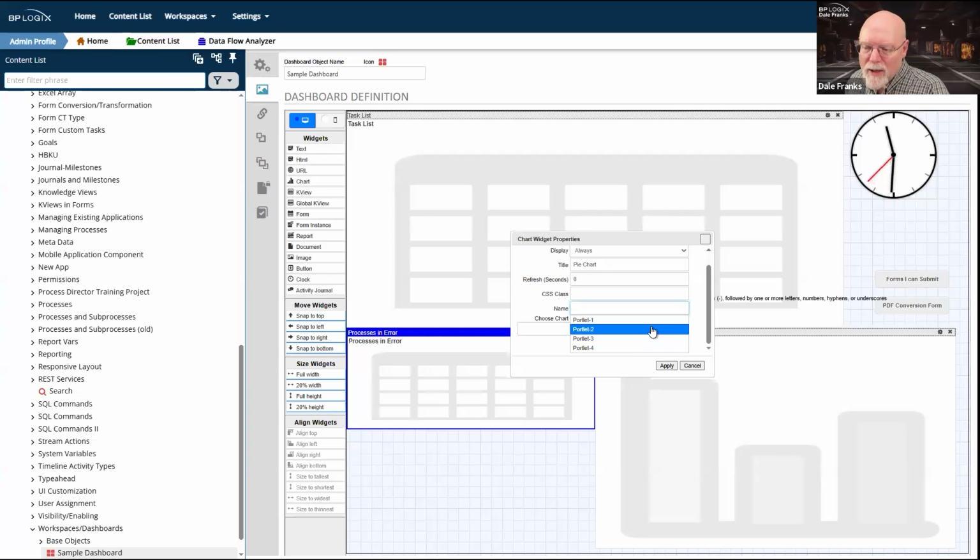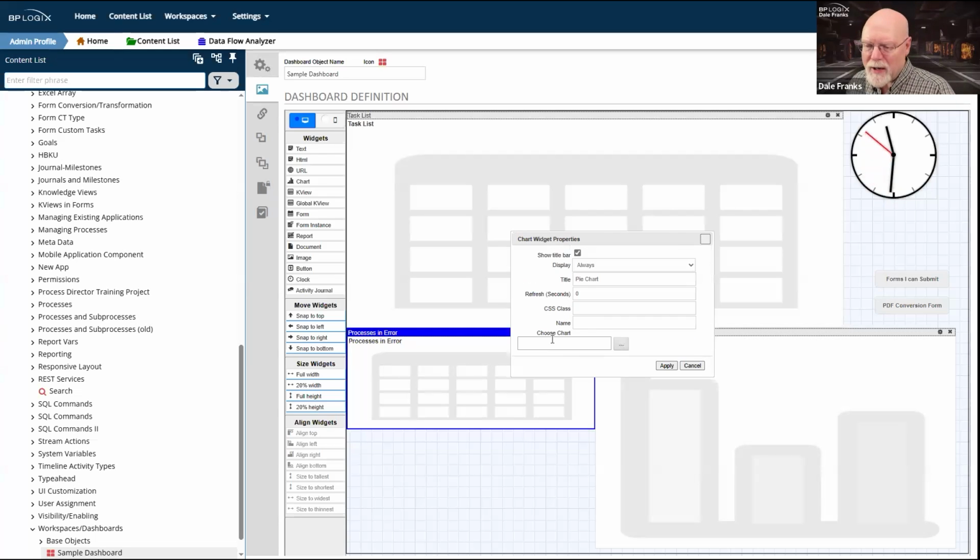So, some charts have click-throughs, and you can define where you want that chart to appear. If this is going to open up a workspace to show that chart, I can specify what portlet I want it to show up in. Honestly, not super useful in most use cases, but it exists and you can do that.